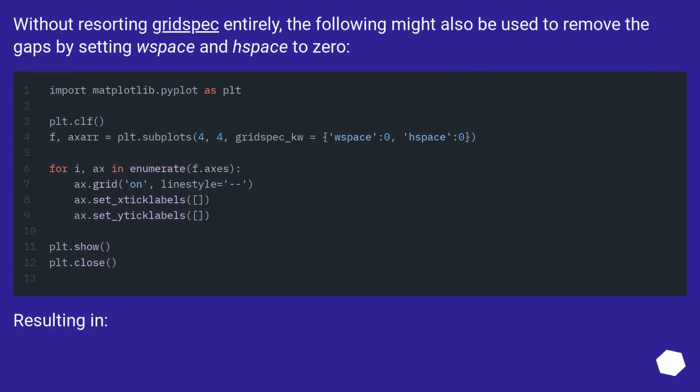Without resorting to gridspec entirely, the following might also be used to remove the gaps by setting wspace and hspace to 0. Resulting in